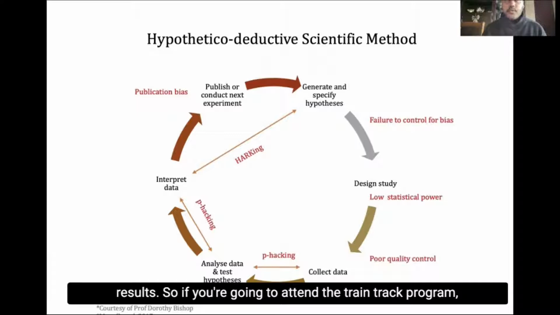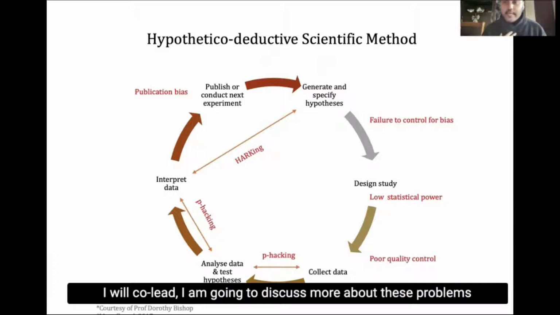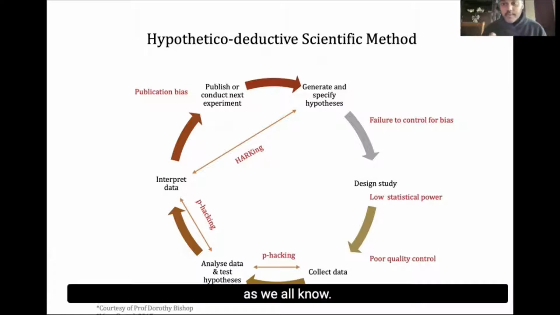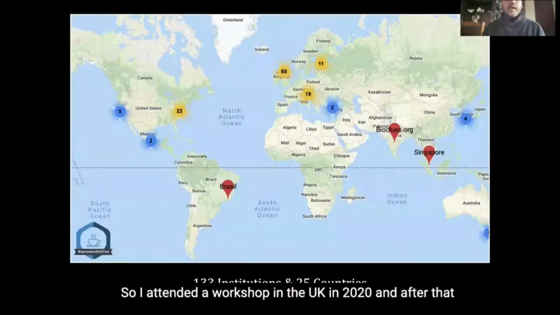If you're going to attend the Train Track program, especially the community building session, the one that I will co-lead, I am going to discuss more about these problems that altogether contribute to the reproducibility crisis, as we all know. I attended a workshop in the UK in 2020.